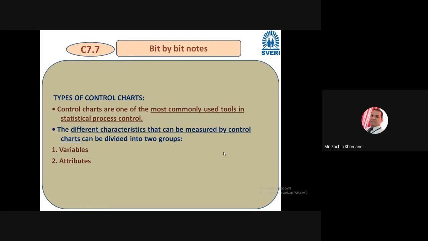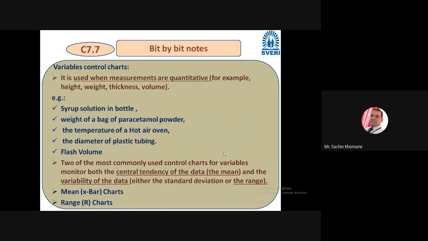So that's why we are learning this. Statistical process control is the heading of our unit, and these control charts are an important tool people are using in industry. Okay, so variable control chart and attributes control chart. Let us see at the beginning what variable control chart means, and then we'll see attributes kind of control chart. So let us discuss in detail again what is the meaning of variable control chart.